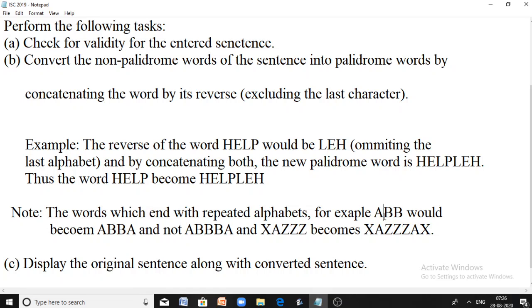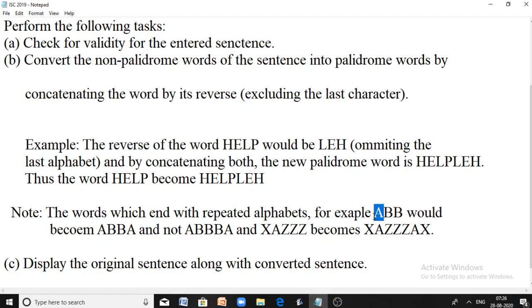So when you are creating the palindrome word, if the last character in your word is repeating, then don't take the last character as well as the last but previous character. For example, the length is L, then this is L minus 1, this is L minus 2. So don't take these two characters, and start from the next character. That means L minus 3.